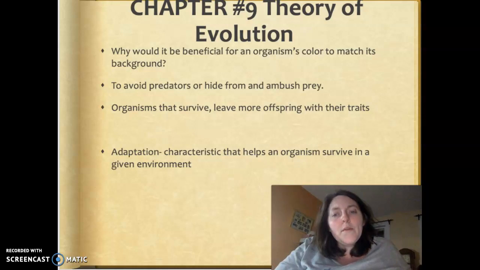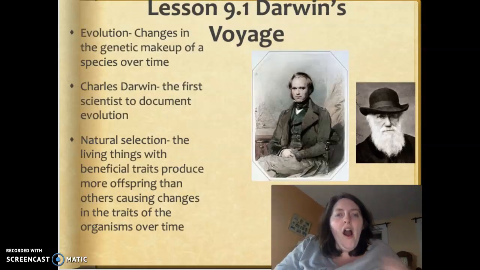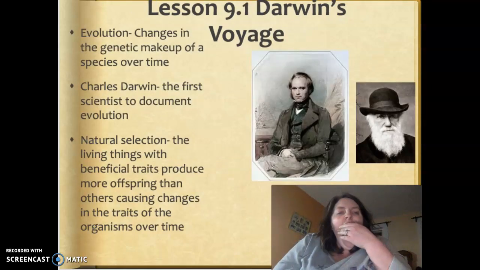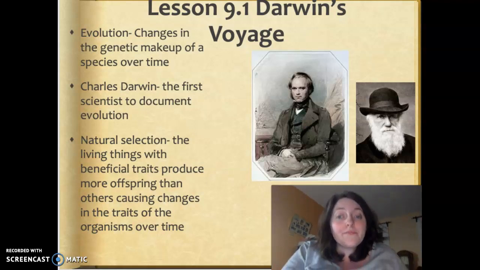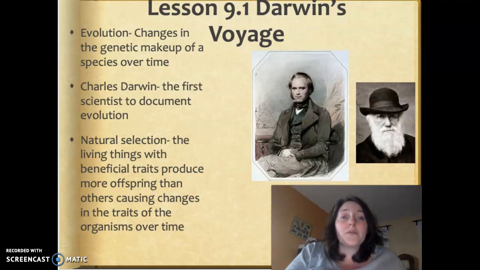Now, where do we get all of this knowledge? Well, the very best and first scientist to document evolution was Charles Darwin, because this is what we're talking about: changes in genetic makeup in a species over time. Species adapting and evolving. Charles Darwin's theory of how this worked was natural selection, which we talked about in the